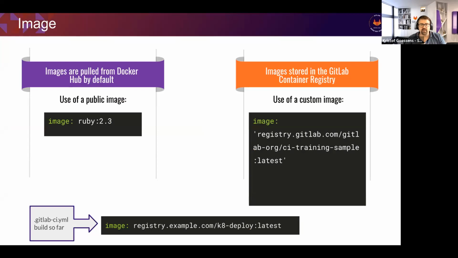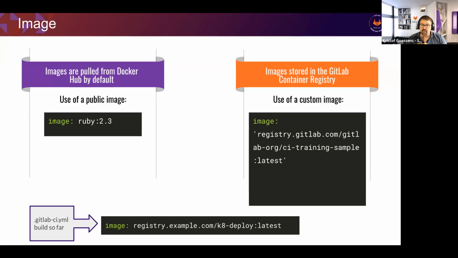Next, you can define what image you want to use. Images can be defined on a runner basis as well, but you can override it on a pipeline basis and even on a job basis. By default, all the images are pulled by Docker from Docker Hub. However, you can also use images stored locally in your own GitLab container registry, which is part of your project. We have a couple of examples on how to do this in our documentation,